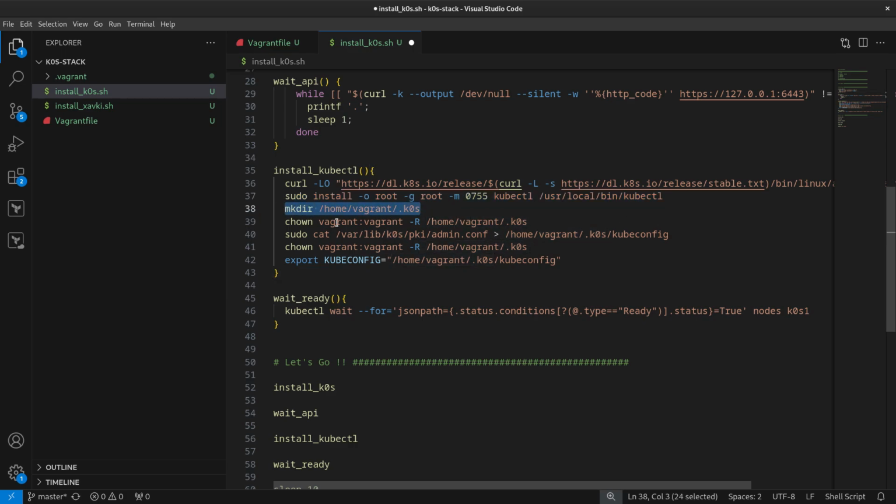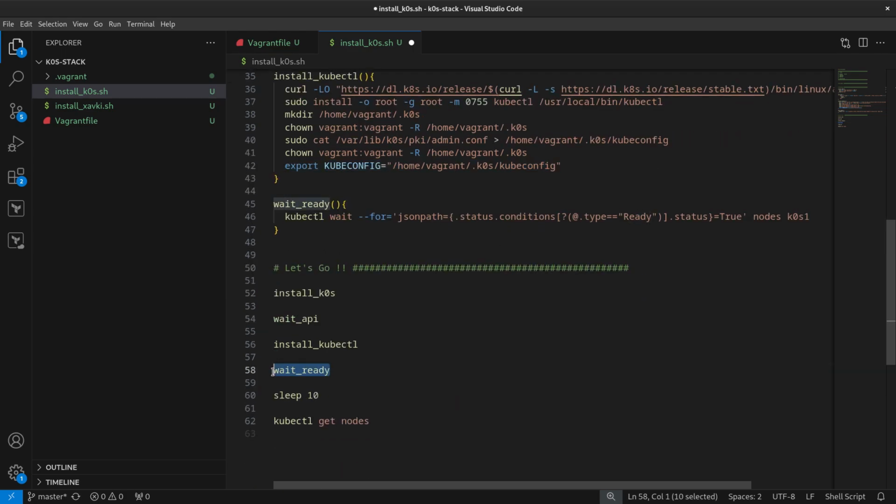After that, I ensure I have the .k0s directory in my home directory, and that the Vagrant user is the owner of this directory. I copy the kubeconfig file, ensure it has the Vagrant owner, and set the kubeconfig environment variable, like here.